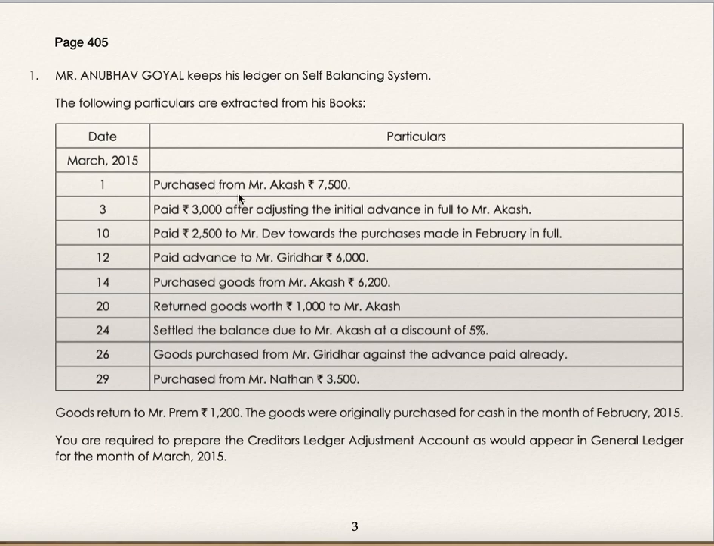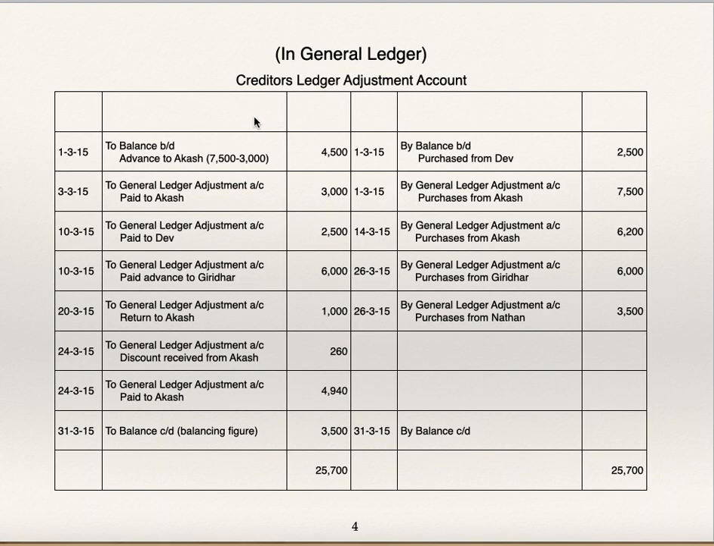1st of March, purchased from Akash 7,500. Entry is purchases account debit to Akash, creditors. We'll see how it is to be posted in the ledger. In general ledger, creditors ledger adjustment account, 1st March 15, by general ledger adjustment account, purchase from Akash